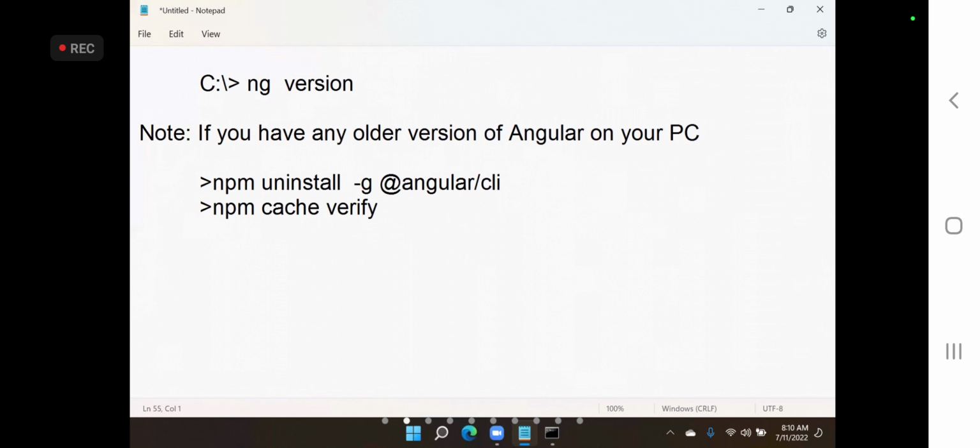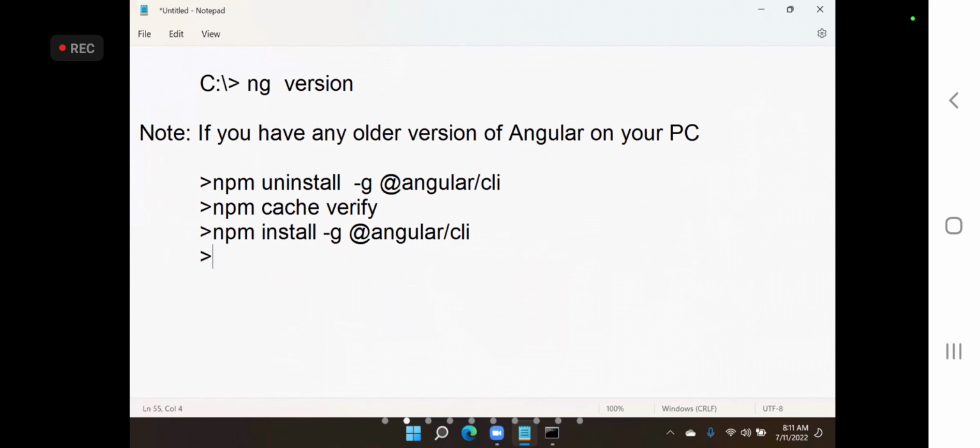Because sometimes after you install, if any temporary files related to an older version are left, when you install again, a few libraries are not updated. They will be installed according to the previous version library available in the memory. So you need to clean up all the memory, including the basic temporary files available for the older version, right? Clean up everything. Then after that, you have to install the new version. That means npm install globally @angular/cli. That's what we have to do.